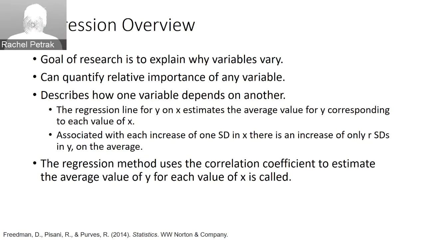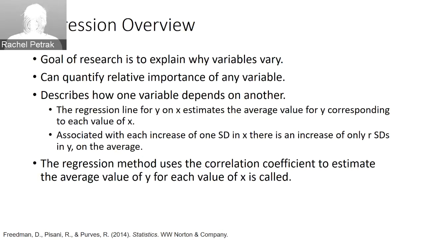The goal of research generally is to explain why variables vary. We design experiments to help us better understand what factors can help to predict outcome variables of interest and explain variance in those variables. It's possible to quantify the relative importance of any variable, and regression is a very helpful tool in doing that. We'll primarily cover, at this stage at least, regression on 2 interval level variables,